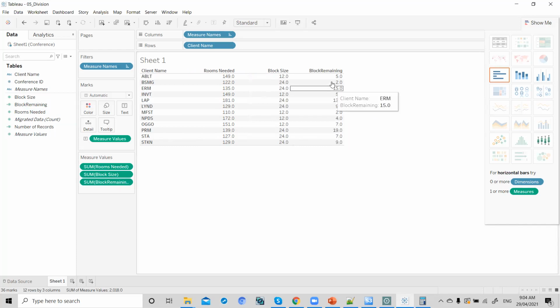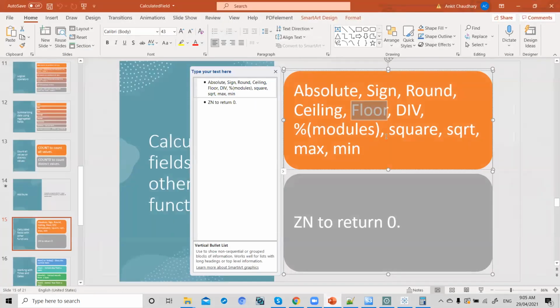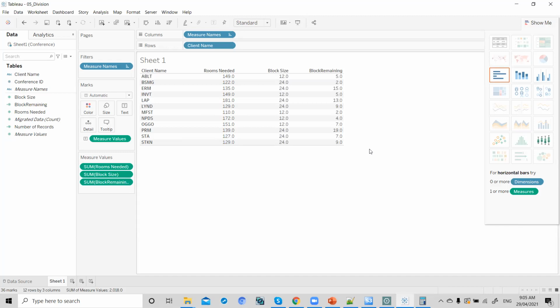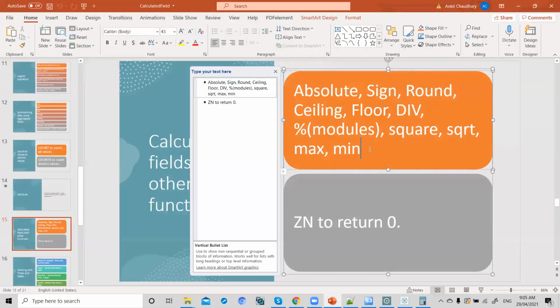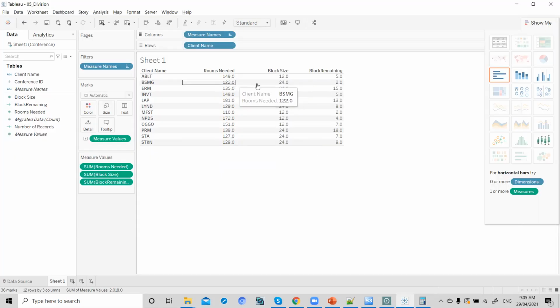So these are your remaining blocks. Here you can see the use of modulus and dividend. Likewise we can do square, sqrt, and min max. So we can even compare two fields. If you want to find the maximum of these two fields, what we can do is